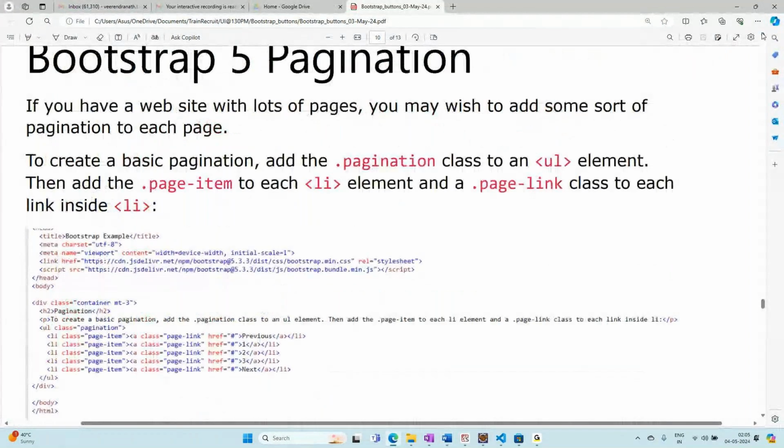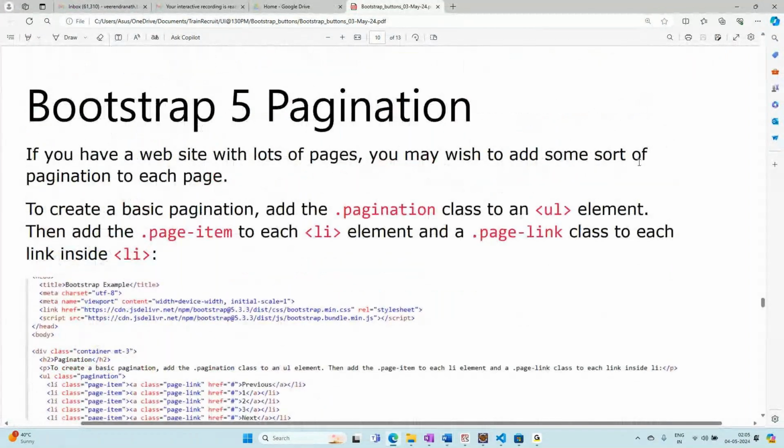So basically, a website can have a number of pages. So if a website has a number of pages, we want to navigate like page number 1, page number 2, page number 3, page number 4. Okay, so when you click on page number 2, it should go to the next page. So if you are having materials, or some reading content or something, you will use this